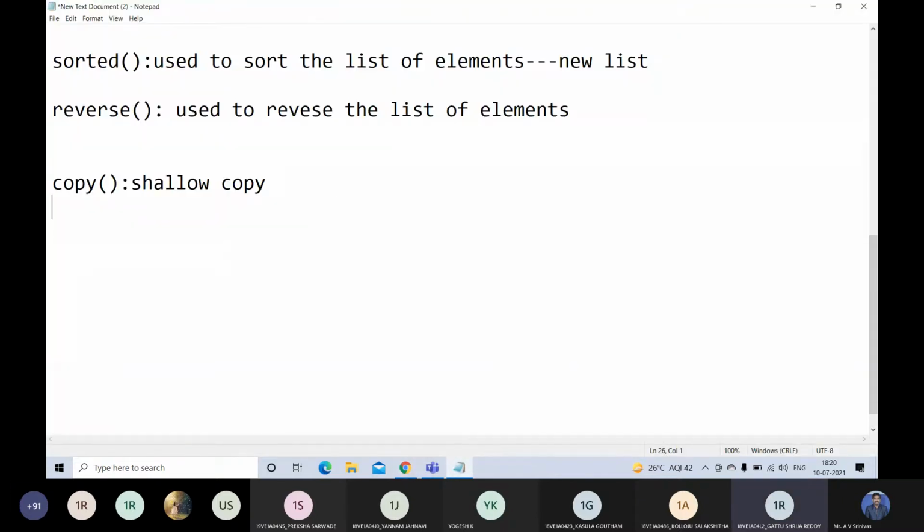Yes, sir. Then the next operation is the membership operation.